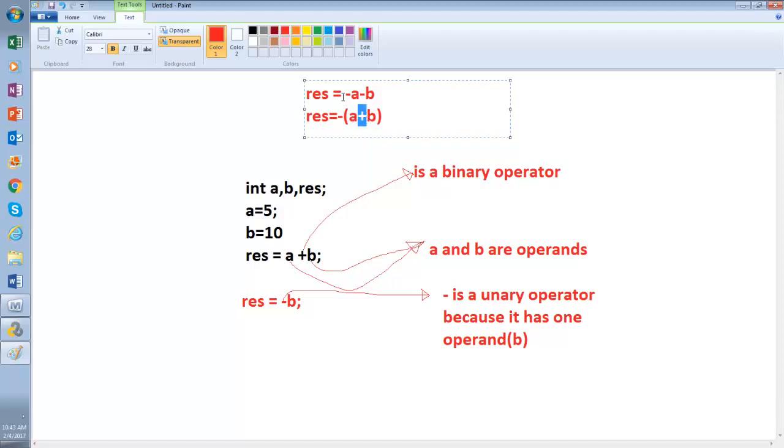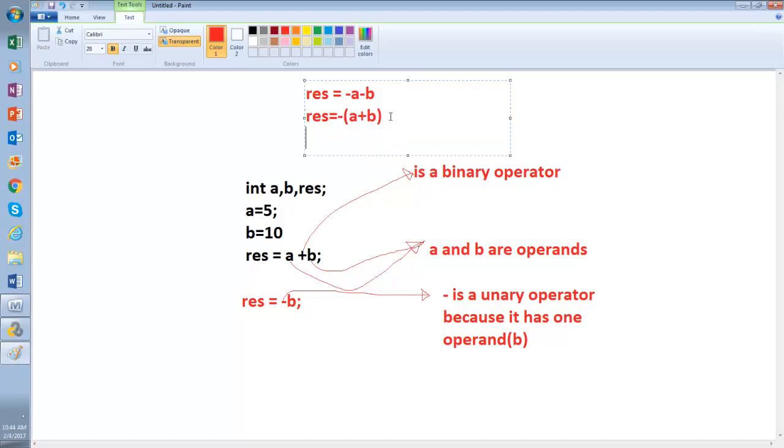In the top line, take a look here. Minus A minus B: to solve this, minus plus minus, you will have to change it, right? Or you can do your mental math. Minus means it will be plus. Mental, but still you are converting. So take it that way. This is your unary, this is your binary operator.